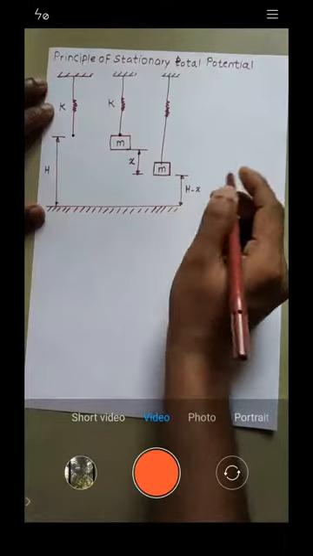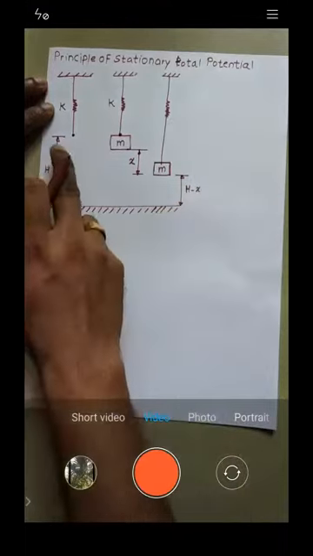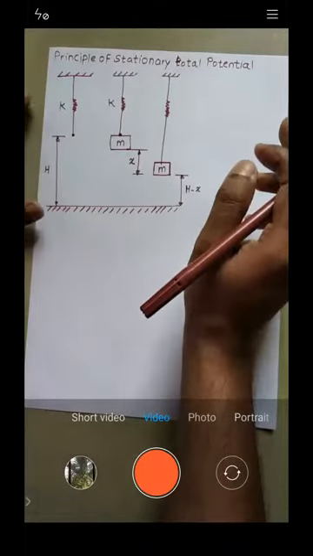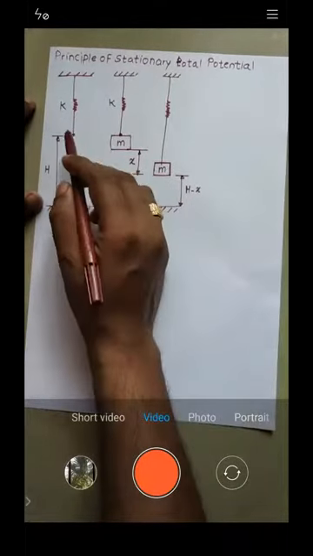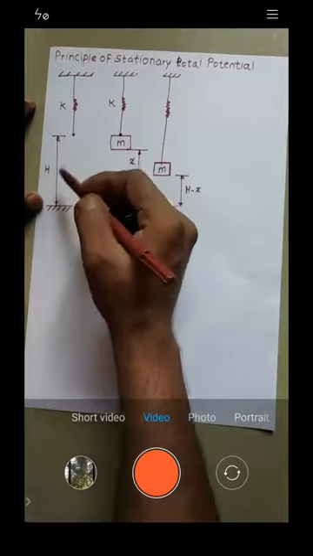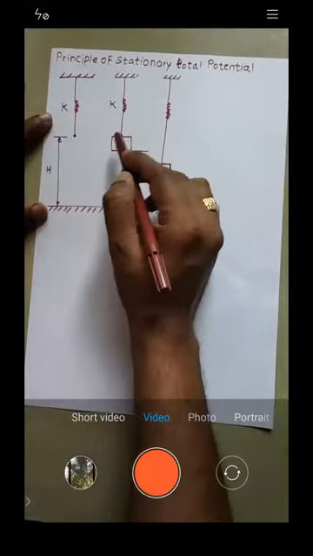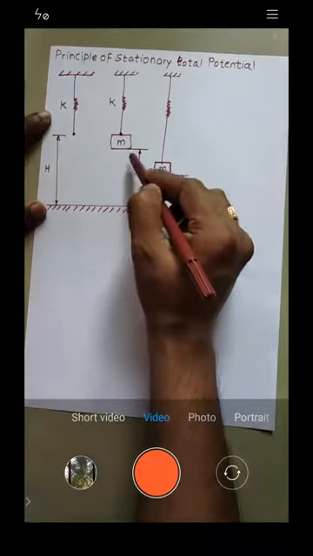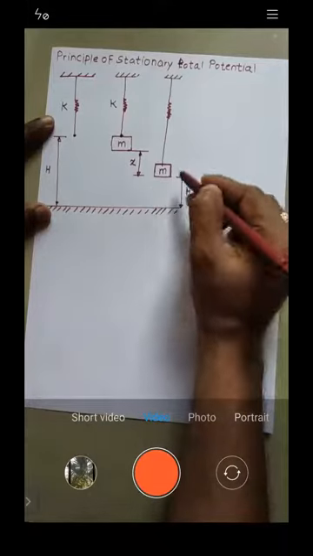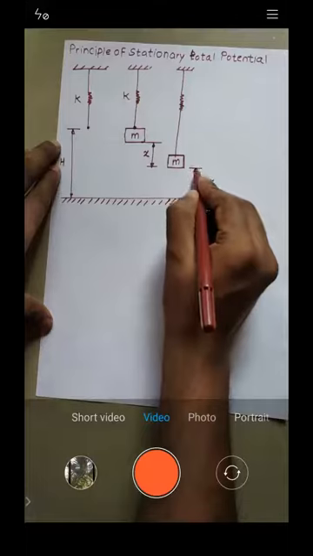This is basically a spring hanging freely in a vertical direction with one end free, and this free end is at a distance h. If you attach some mass m, the spring is displaced through a distance x. As a result, the mass m occupies the new position, h minus x. Is it okay with this one? Yes, sir.